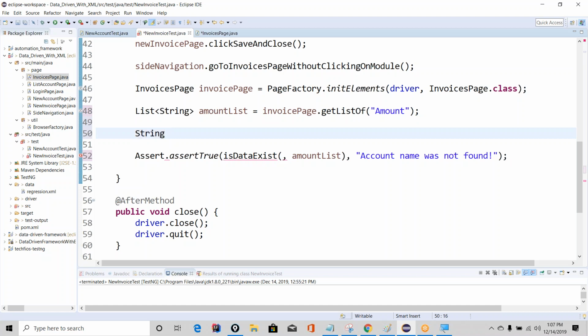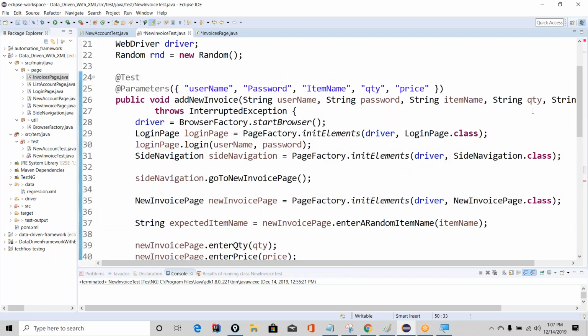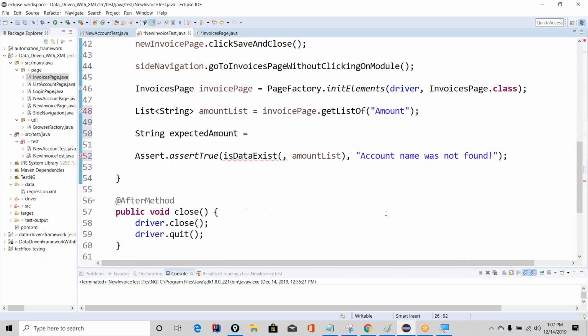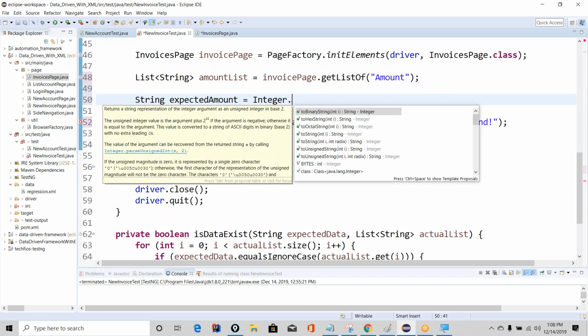So let's just say expected amount. We are going to create a variable container. In this container, I'm going to take this data quantity. It's a string, I'm going to convert it to an int. How do we do that? So the quantity is dot. There's something called integer casting that works too. Integer dot, if you do that,